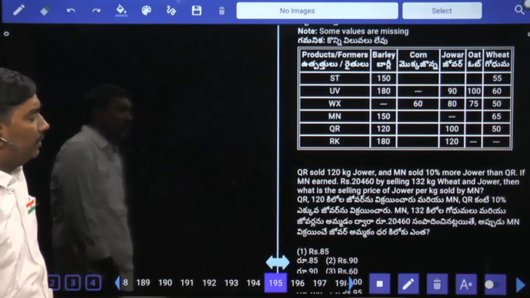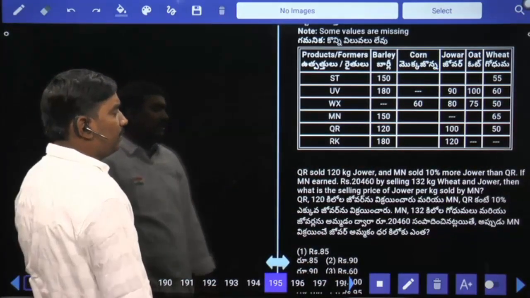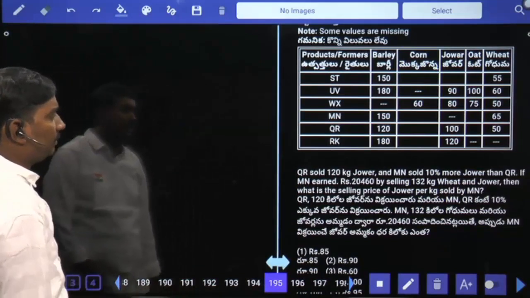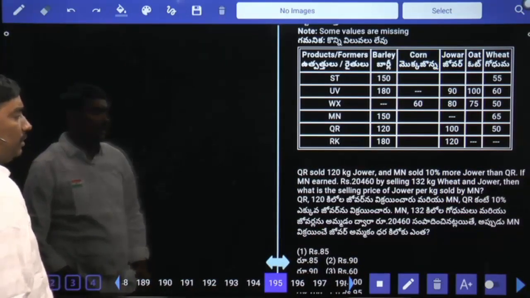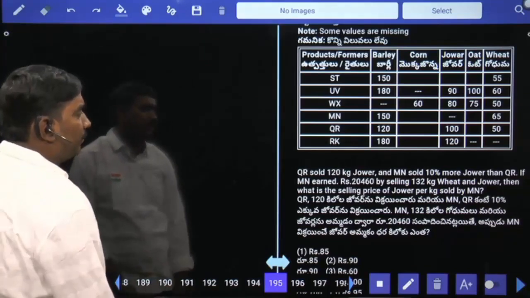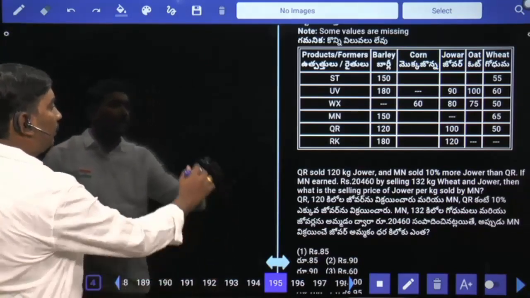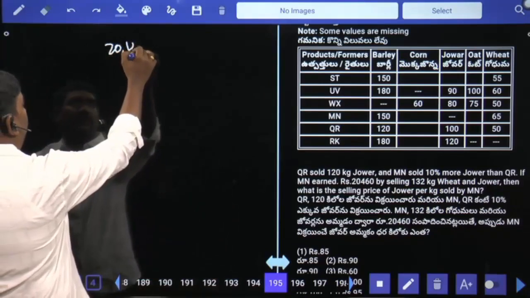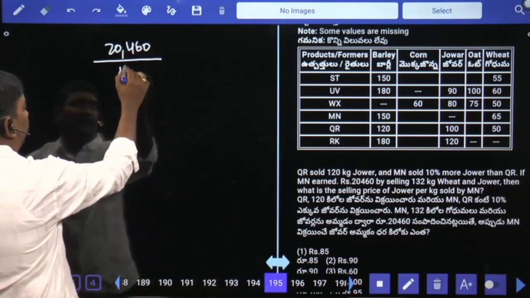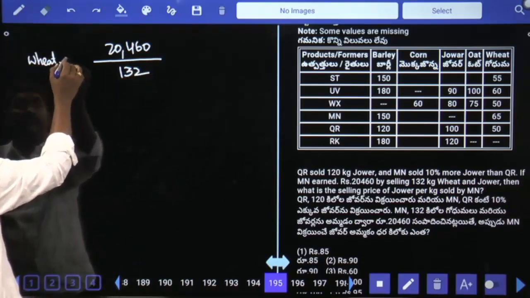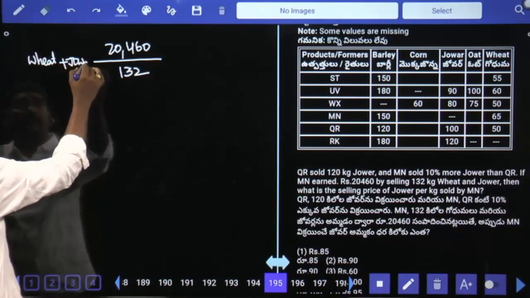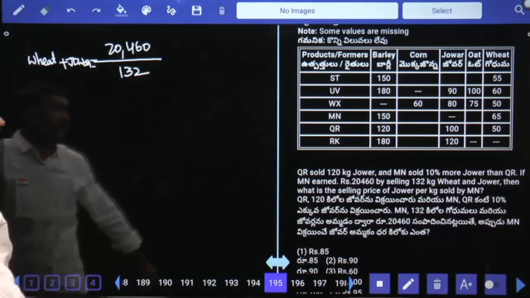QR sold 120 kg of Jover and MN sold 10% more Jover than QR. If MN earned 20,460 by selling 132 kg of wheat and Jover by farmer MN, then wheat and Jover per kg price